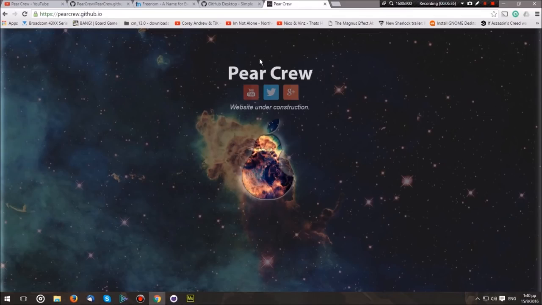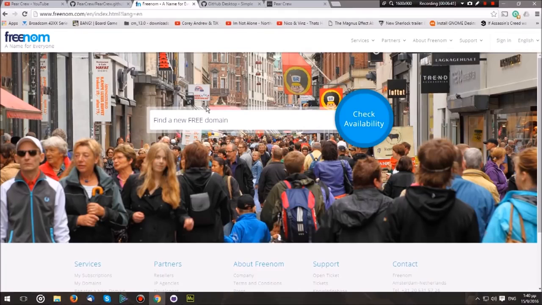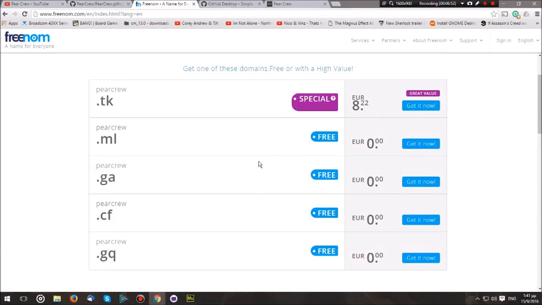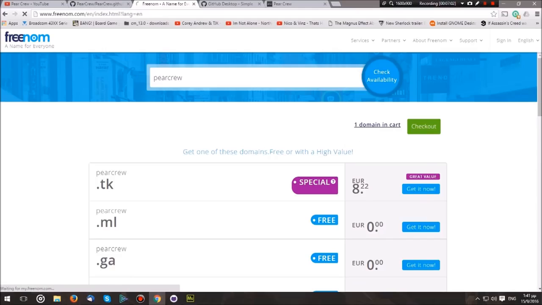But what if you want a first-class domain? Now, we go over to freenom.com and we enter the domain that we want. For example, I want my domain to be called Paracrew. And we hit check availability. Now, as you can see, there are a lot of free domains you can choose from. In this case, I will go with .cf. Hit get it now, hit check out, and you will